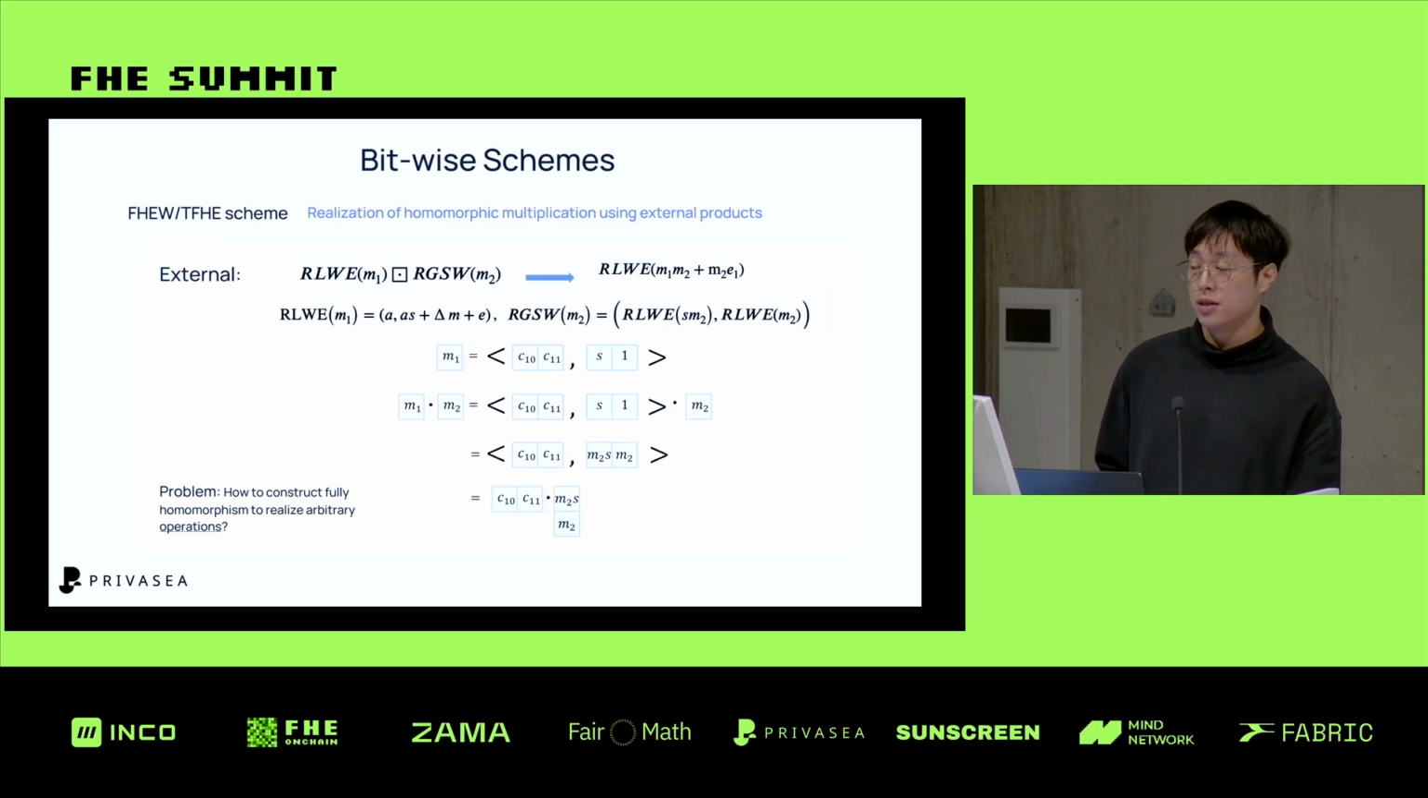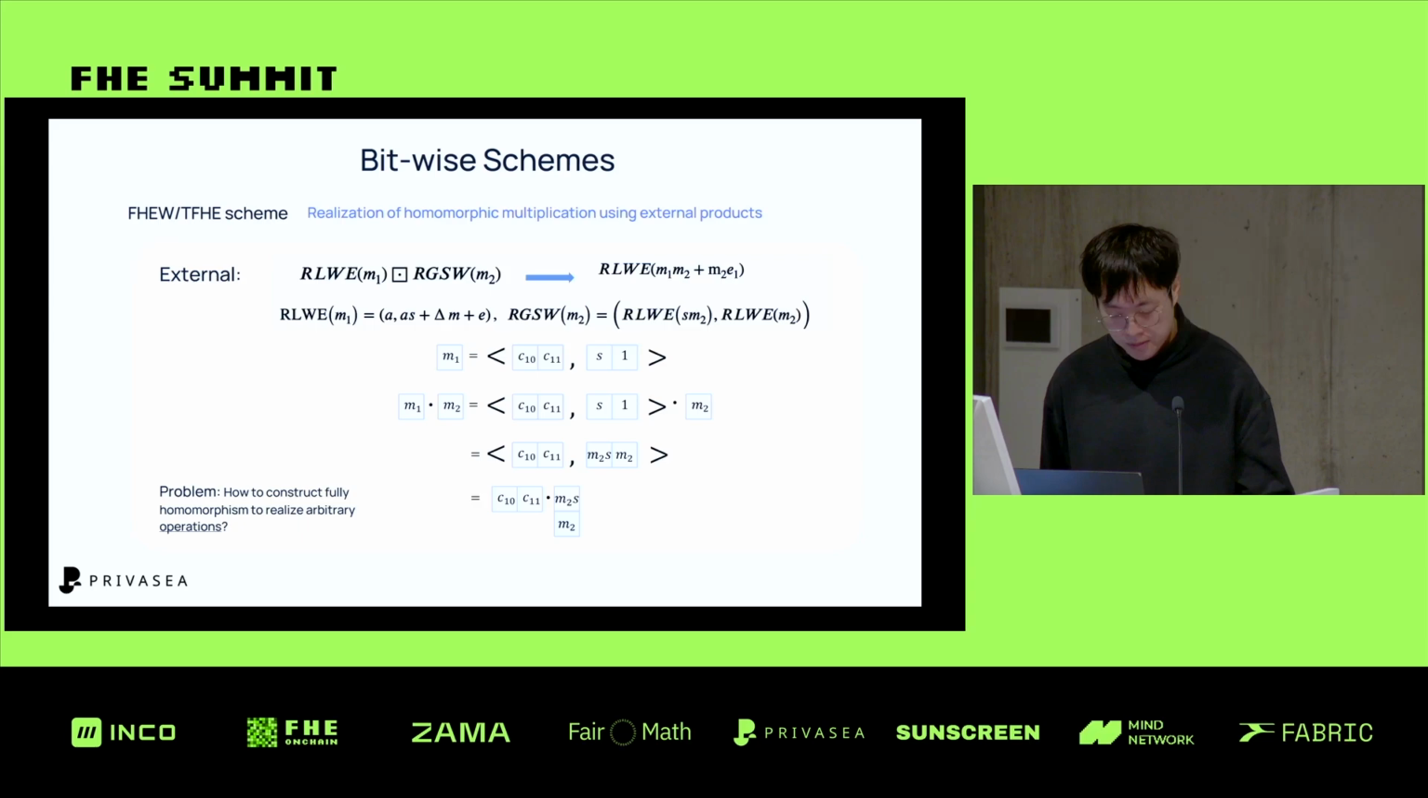So they construct a new ciphertext type called RGSW. It is constructed with RLWE of M2S and RLWE of M2. It's a new type of ciphertext, and that's why it's called external product, because it uses RLWE and RGSW multiplications, right? So